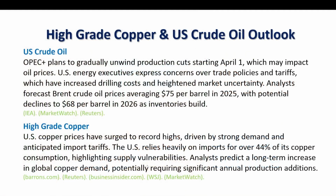Now, first off, looking at the fundamentals, we'll look at US crude. OPEC plans to gradually unwind production cuts starting April 1, which may impact oil prices. US energy executives expressed concerns over trade policies and tariffs, which have increased drilling costs and heightened market uncertainty. Analysts forecast Brent crude oil prices averaging $75 a barrel in 2025, with potential declines to $68 per barrel in